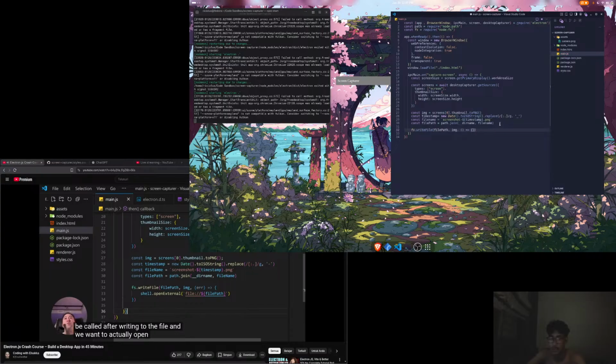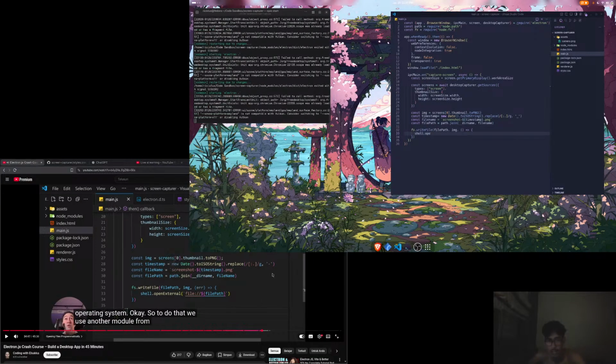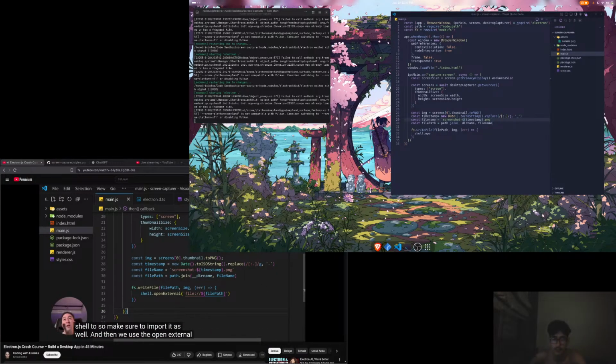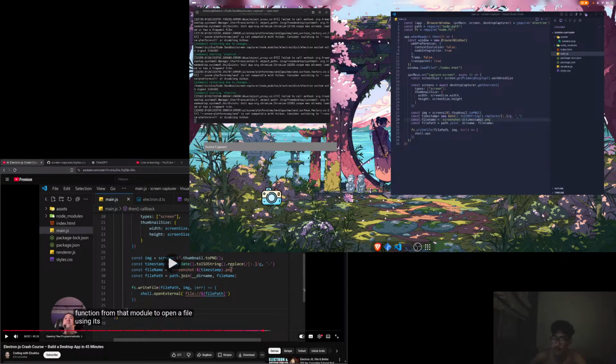What we care about is that this function will be called after writing to the file, and we want to actually open this image using the default image opener in the operating system. To do that, we use another module from Electron called shell, so make sure to import it as well, and then we use the openExternal function from that module to open a file using its default